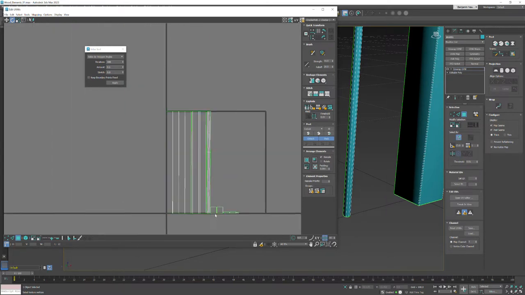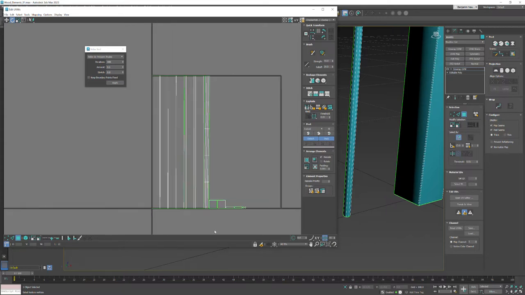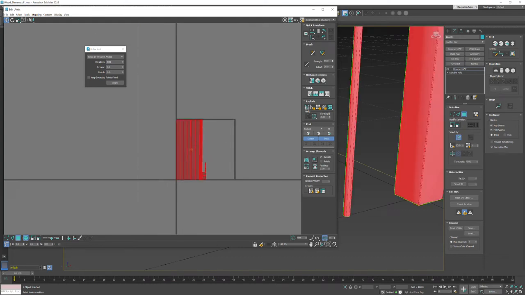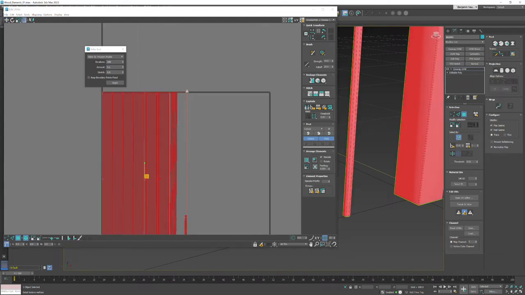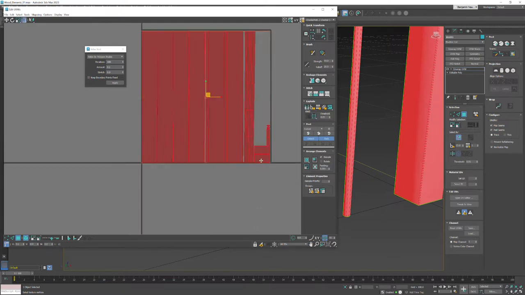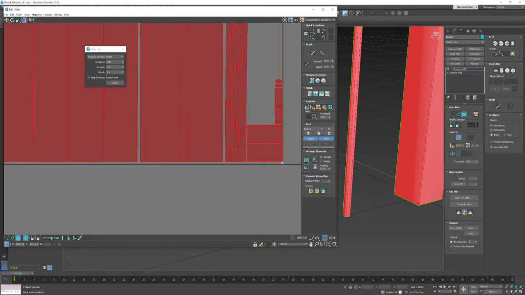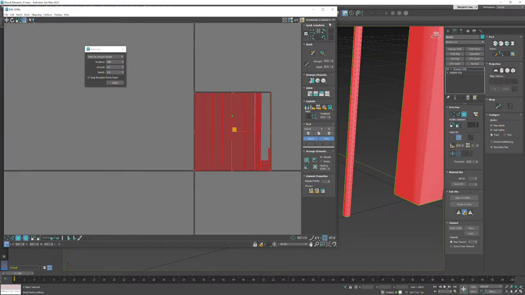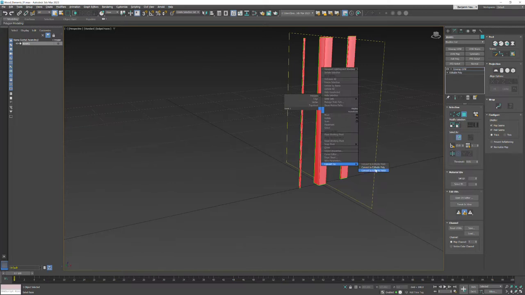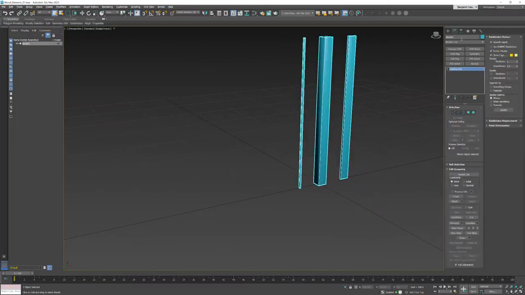We can see all of our different elements. Let's do something though. Let's turn element back on, grab all this, rotate it, and move it over here. And let's grab the whole thing and just make it fill the entire space. We'll do a 2:1 aspect ratio. Zoom in here on the bottom. There we go. Okay, now I'm just going to right click and say convert to editable poly, and we can